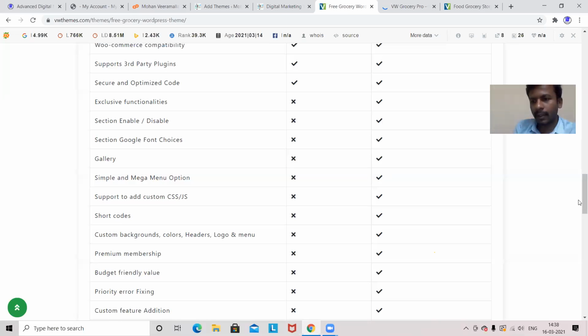If you find a better theme which has maximum options as a tick mark in the free version, then it is better to go with that one. If not, if your client wants every option, then try to buy this theme.